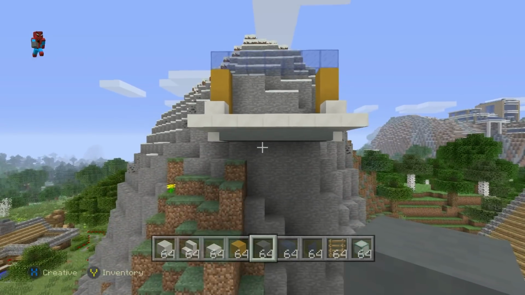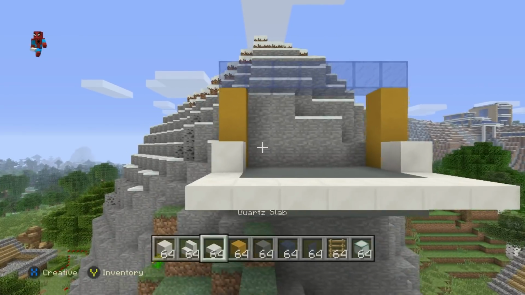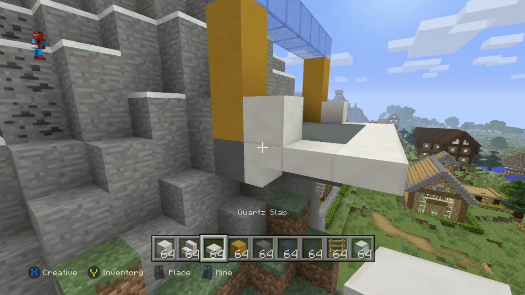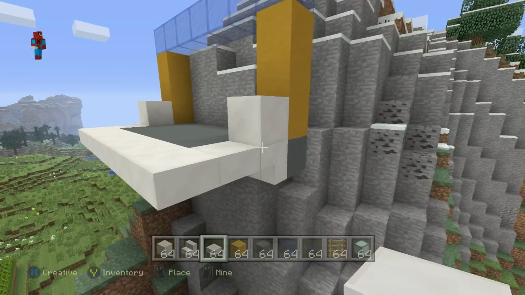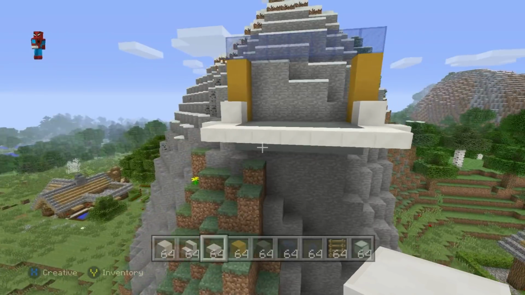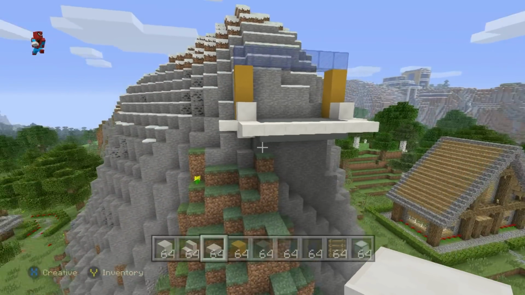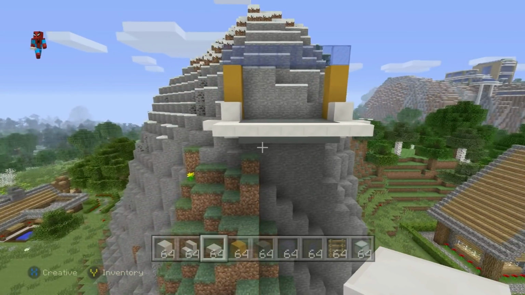It will also give you a cool effect underneath the balcony, as you can see here. Also, extend out left and right from the upside down quartz stairs using your quartz slabs. So you can see that we're kind of extending out a little bit. That's a little bit important later. It makes it look a little bit more stable, and it also gives us another connection point to the hill